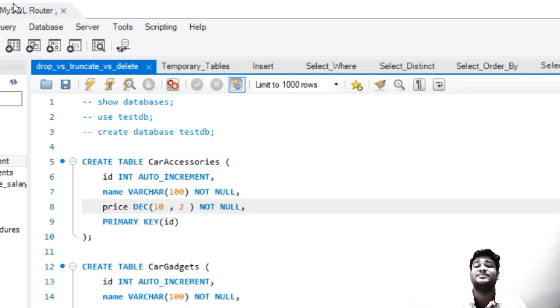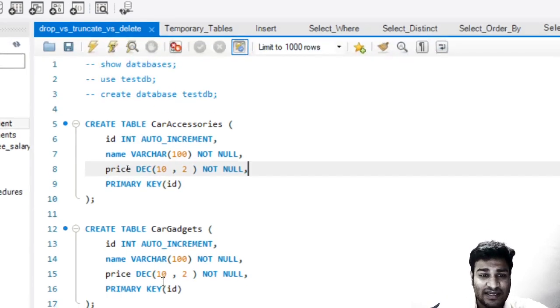But truncate has some constraints. If the table is bound or has some foreign references with other tables, then you will not be able to use truncate. It will give you an error saying that this particular table has some references in another table, unless the references are on delete cascade. We have already discussed these parts, so let us go ahead.